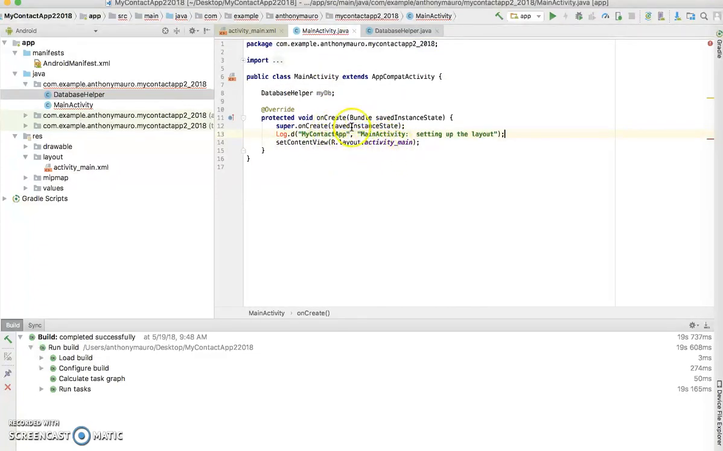You're calling it from your onCreate method. Okay, so I need to put in my Log class again. So it is Alt+Enter or Option+Enter, depending on what computer you have. Okay, so then we're setting up our layout, and I think that's pretty much all we need,